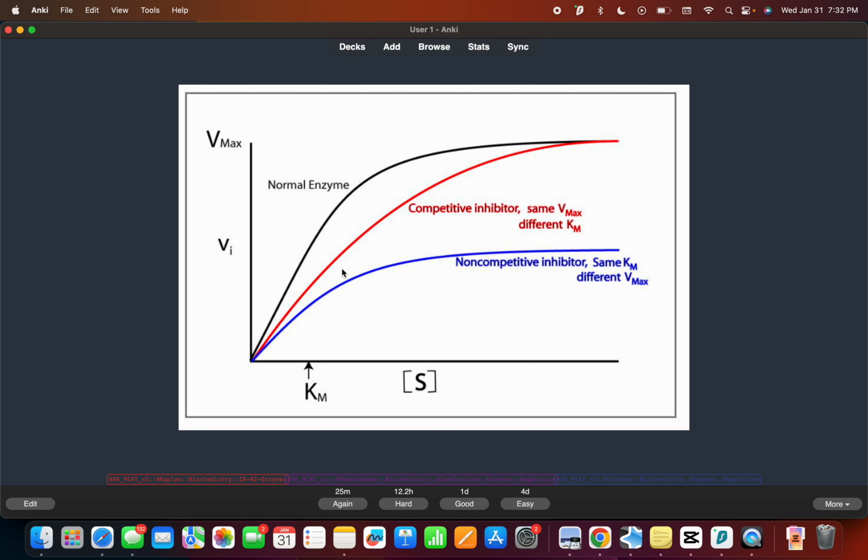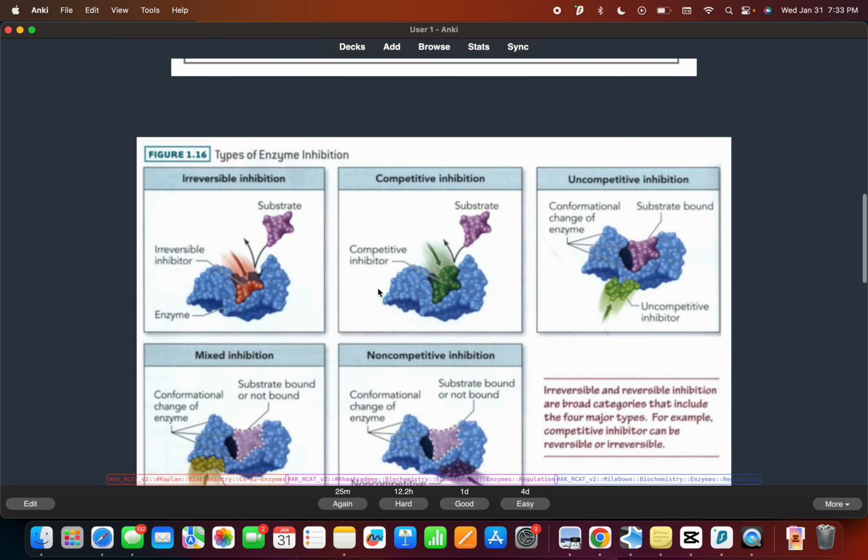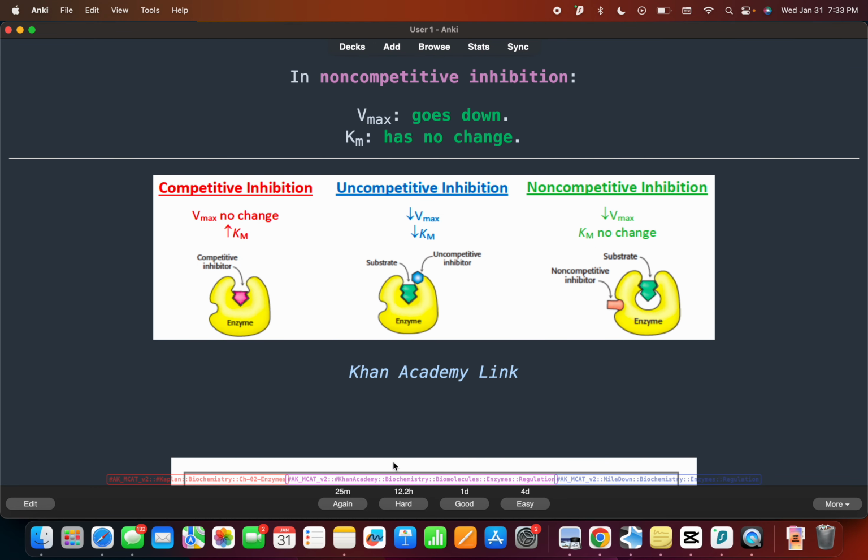Or your Km reduces, it should shift to the right. Or it shifts to the left here. Anyway,